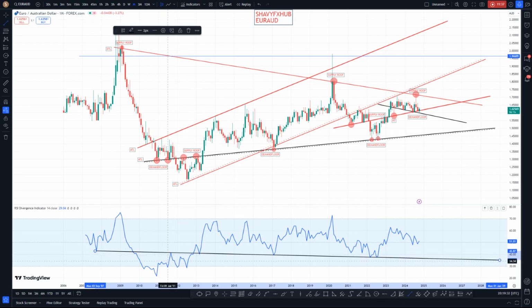On the RSI divergence, price formed a double bottom. A double bottom is a bullish price action. It formed a W, broke the neckline, retest. This is a retest. This is the neckline broken. And we also want to look at it